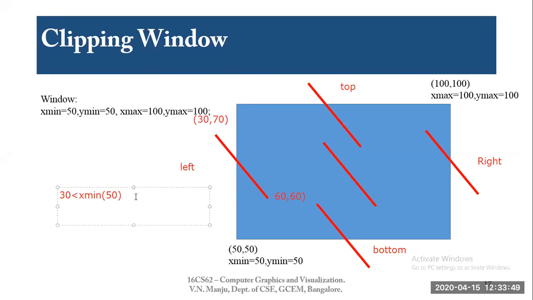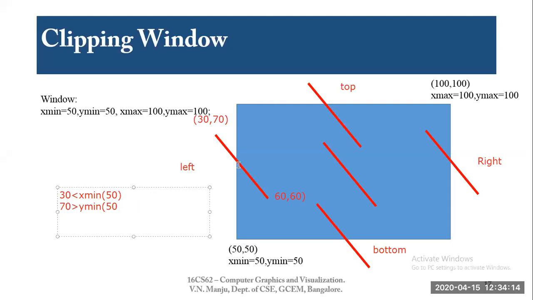And similarly, the 70. 70 is greater than the y-min. Correct. Y-min is what? 50. Understanding? So from this, I can say that my point, 30 comma 70, is actually lying outside